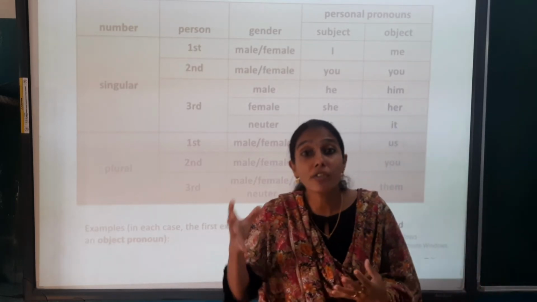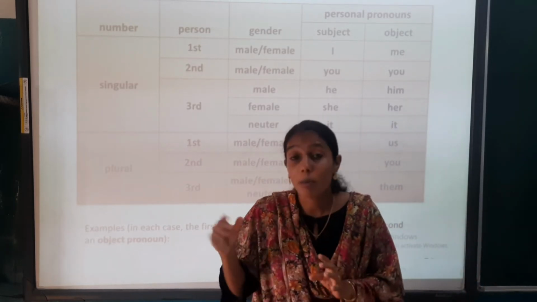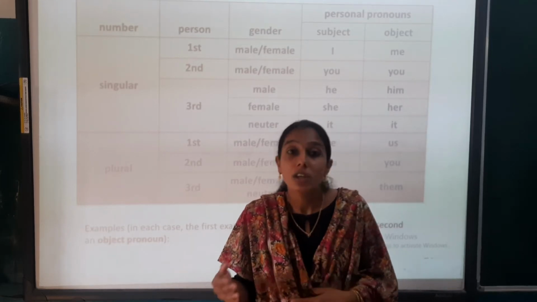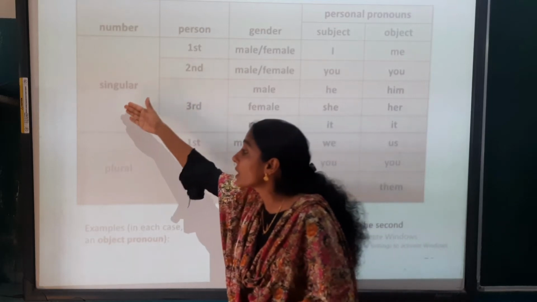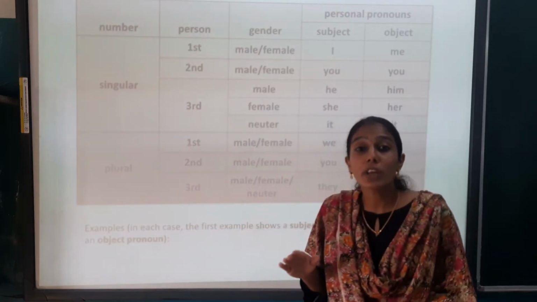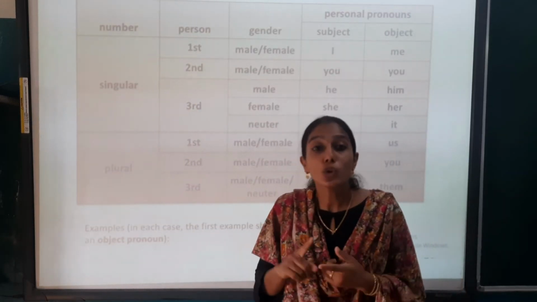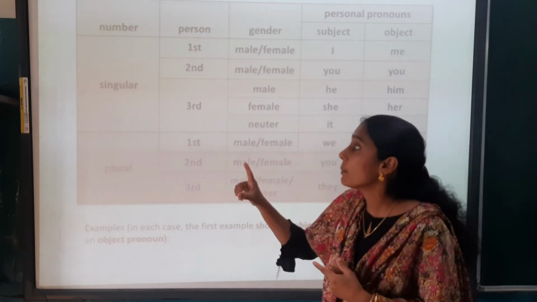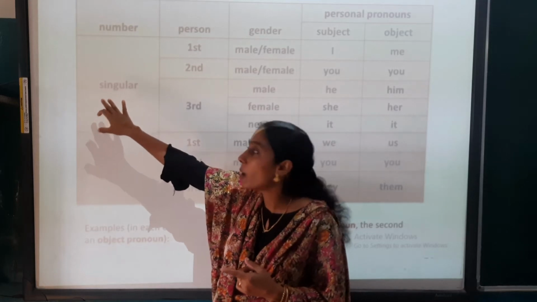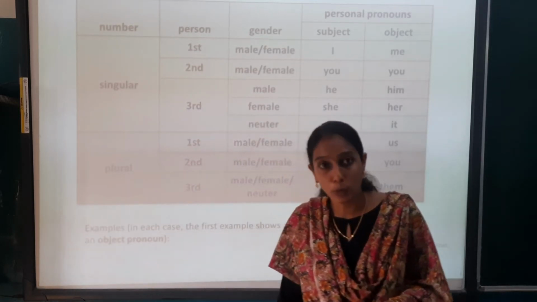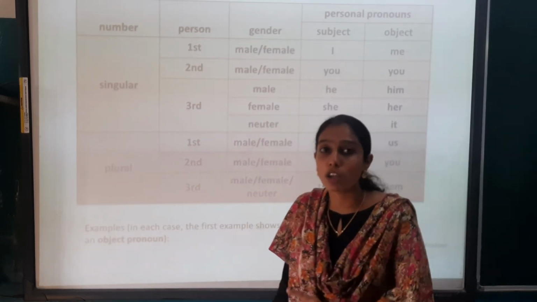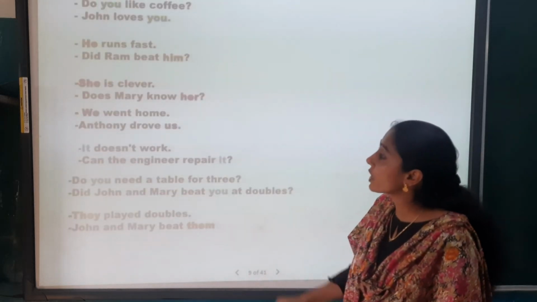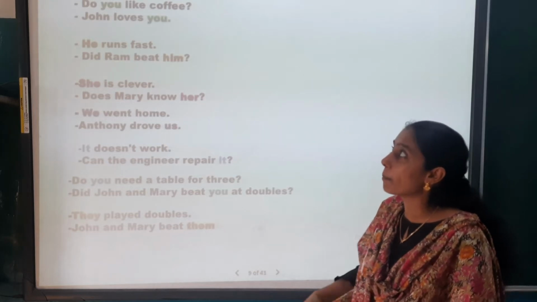Now if I have to give something, we are talking about plural. Now I have to give something to them. Can you give them their luggage? So this is the difference between singular and plural. So whenever you use a personal pronoun, children, keep in mind whether you are talking about singular or plural. So have you all understood this box, children? Okay. Moving on to next.